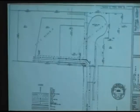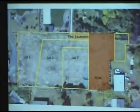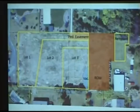But that was approved in 2007 and then really has sat since that time. So this was the configuration that resulted from that lot division. These were the 3 lots that were approved. This was that remnant parcel. There was a pedestrian easement that was granted here along the northerly property line to provide a pedestrian route to